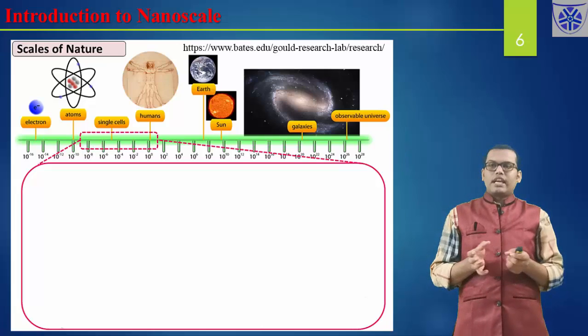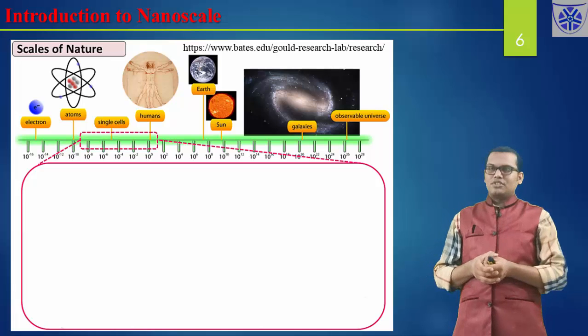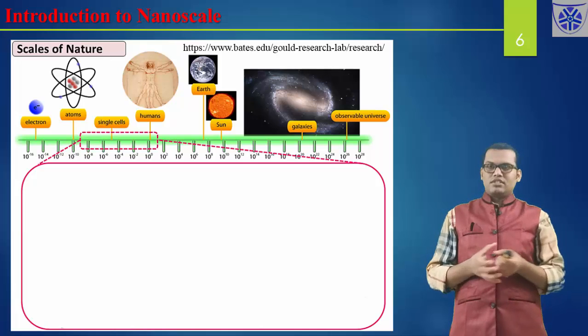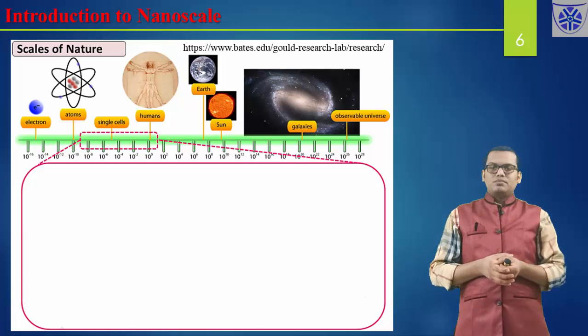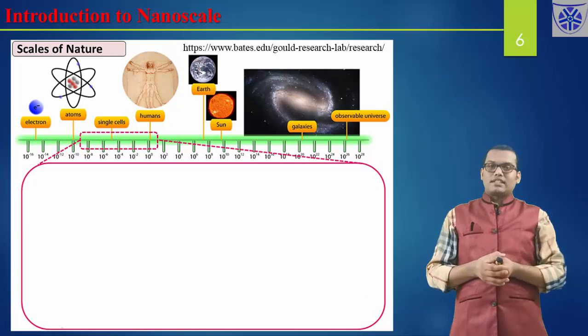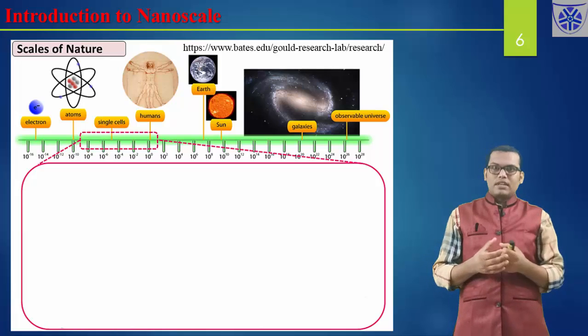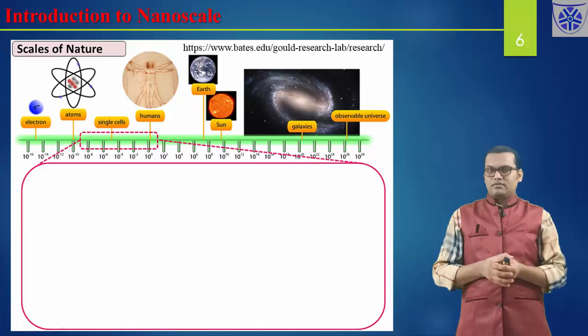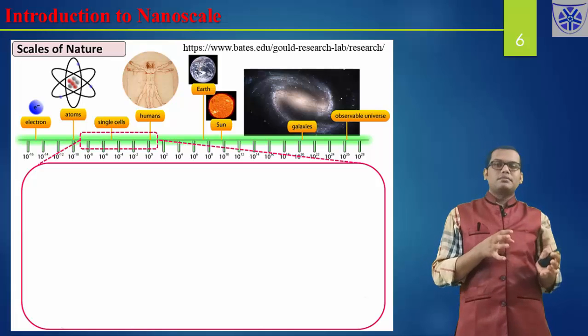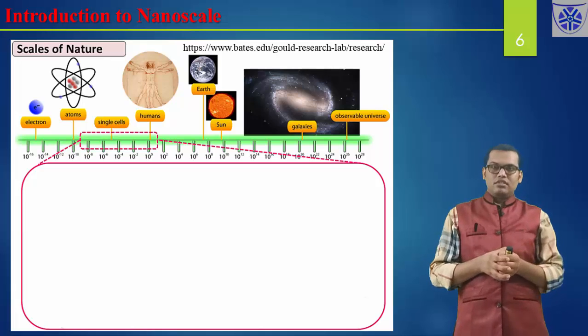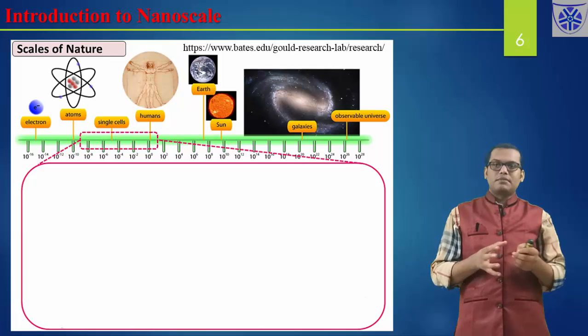Let us talk about the scales of nature. You know the galaxies, the universe. We have different planets, Sun, Earth. What is the size of the galaxy? As per the studies, it is around 10 to the power 20 meter. How do you know? You need some kind of system, planets, galaxies, some kind of comparison, and based on that you can say this must be.